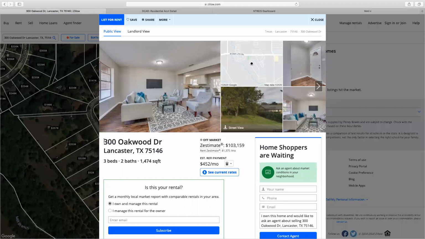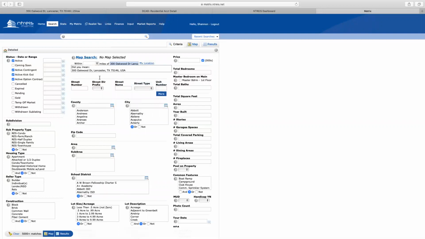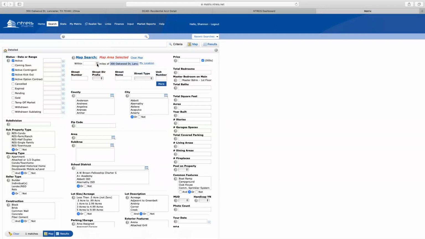So I go back to Zillow and I highlight, copy and paste. So I'm gonna copy, then go back to the MLS and I'm gonna paste the address. I hit enter, it's gonna self-populate. Then click that address. And now what you wanna do, the way you run comps is it's 4 or 5